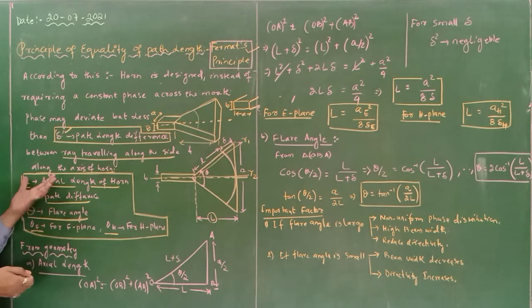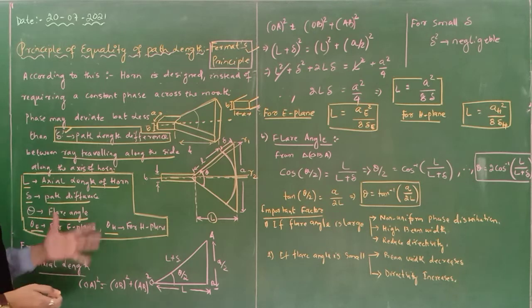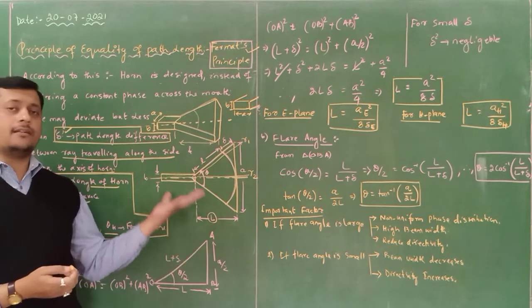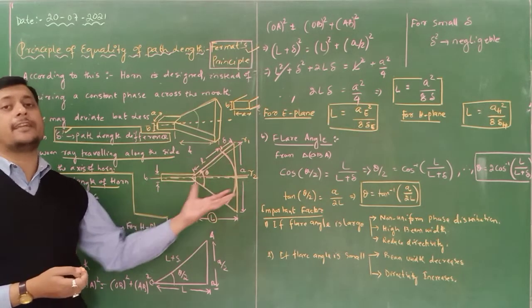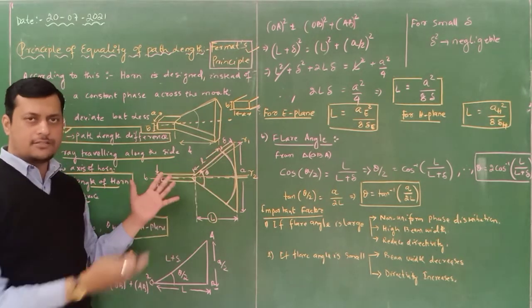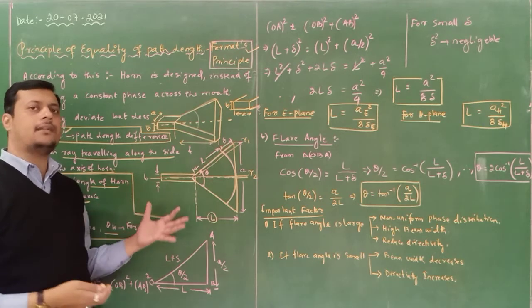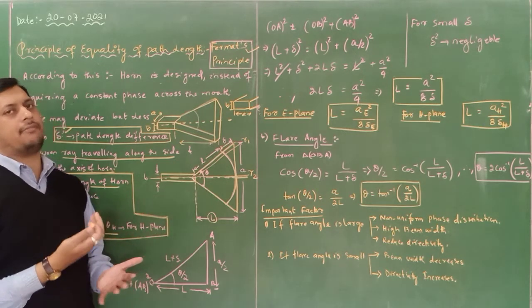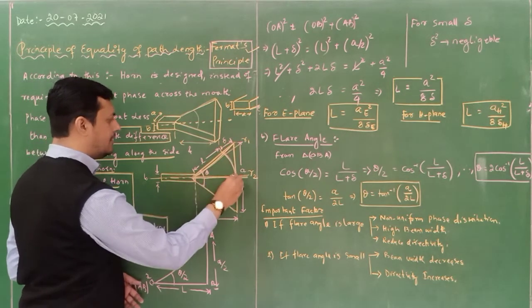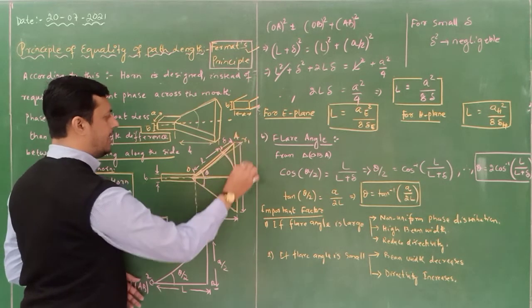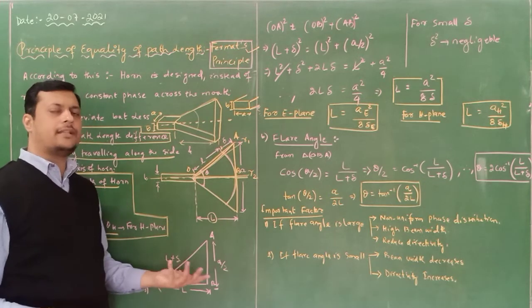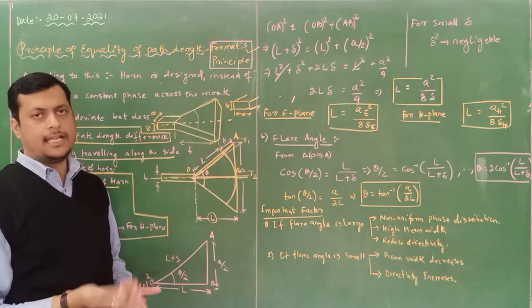Now, how to identify this L, del, and theta and all these things? So, first we have to identify the axial length. Then we can go for the calculation of the flaring angle. How is it done? For that you have to consider one triangle, part of this geometry. From that triangle we can determine the axial length as well as the flaring angle. Now here you can see this is a particular triangle we can consider. Let us consider O, this is A and this is B. So if I take one triangle, all the parameters are available. With the help of the triangle we can easily calculate what is the axial length.